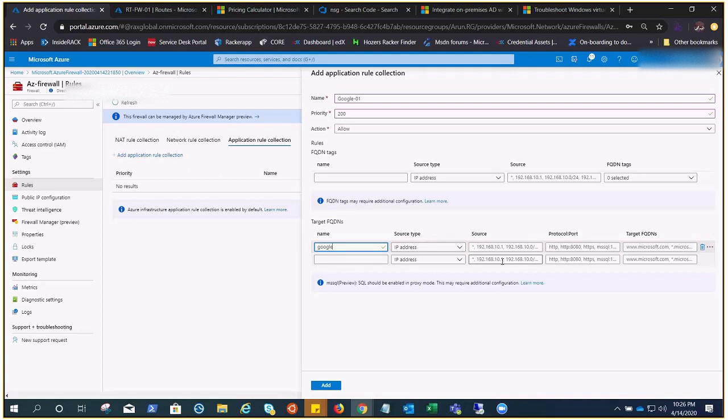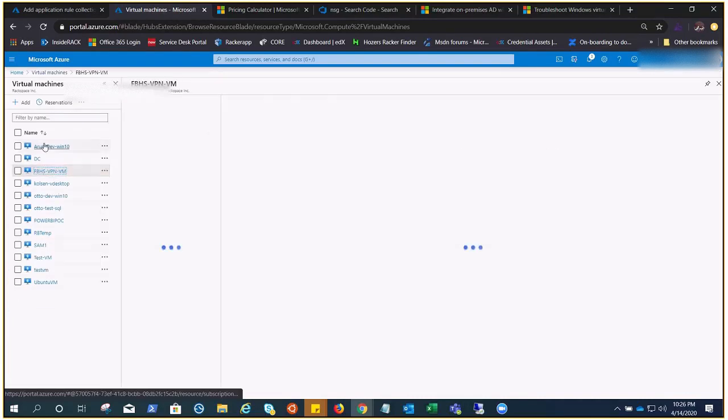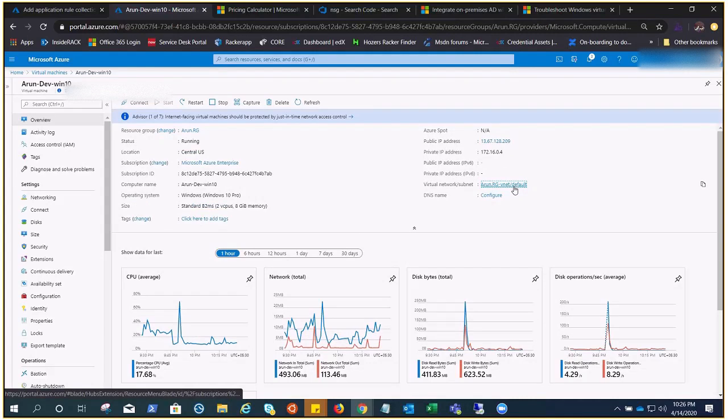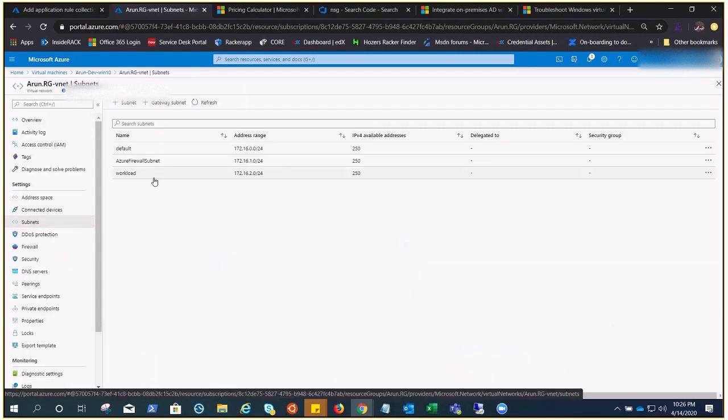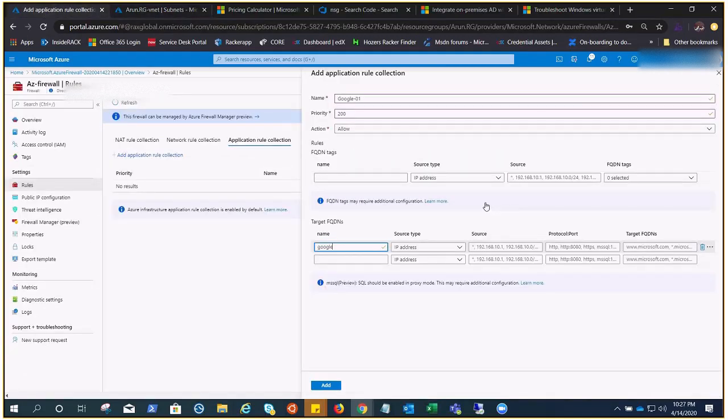Now we need to provide the source IP address. That would be our source subnet. I need to go to the subnet first. So let me go to my VM, and select my VNet, go to my subnet, and this is our subnet. So this would be applicable for the traffic coming from the source IP address right here